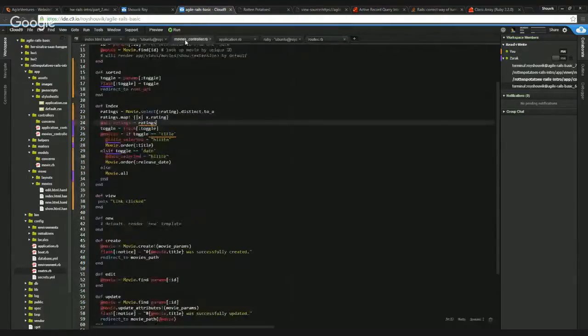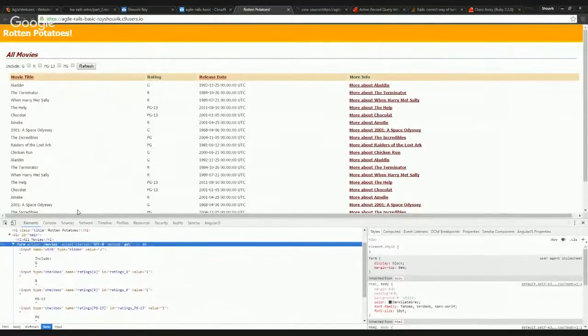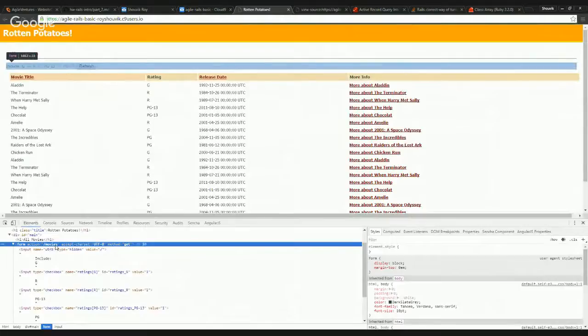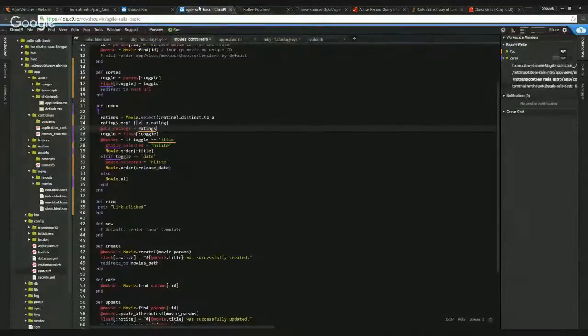So maybe in our index method, we first try to fetch the ratings hash from the params hash. So just get the ratings hash from the params hash in our index method, and store it in a local variable, anything you want,